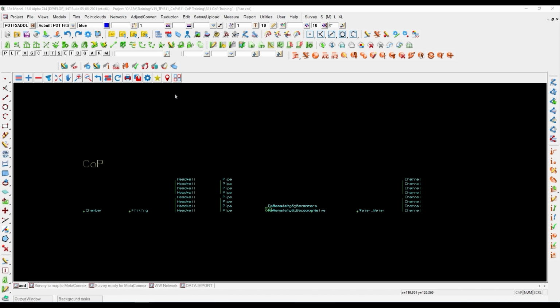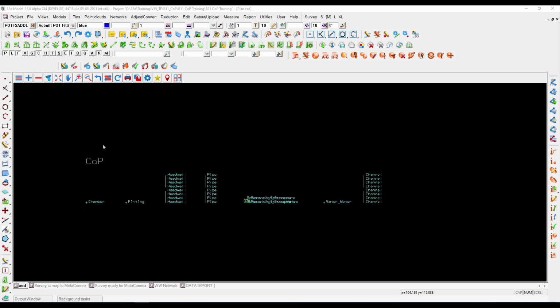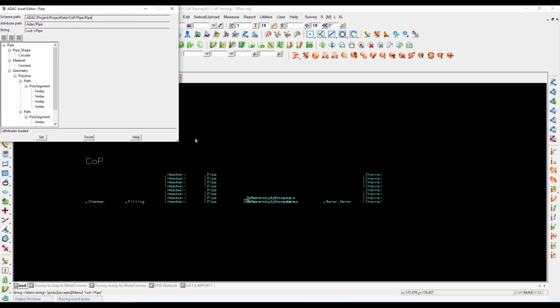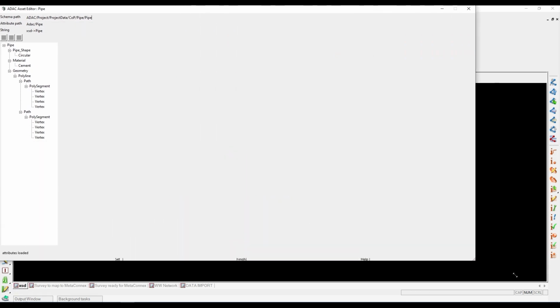So now inside 12D, we're looking at version 15. We've got the new survey themes that Darlene's going to be talking about, but as part of that we've also got these new ribbon toolbars within 12D. On the screen we've got the code of practice XSD, and the XSD is the business rules that define the asset classes. So if I just open this up and make this a bit bigger on the screen,